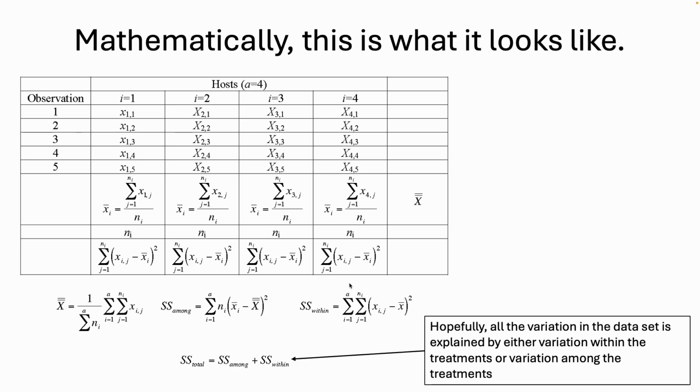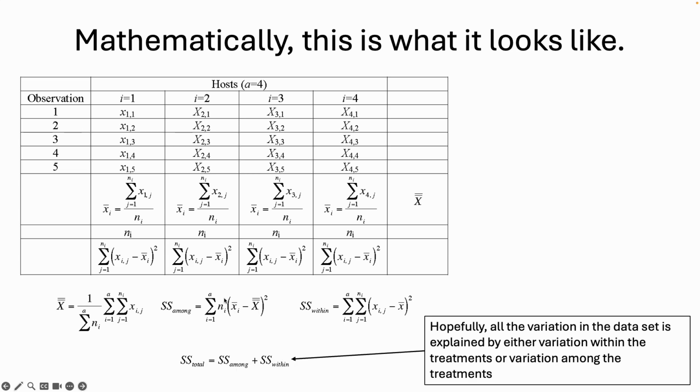Hopefully all the variation within the data set is explained by either variation within treatments or variation among treatments. So the sum squares total is due to the contribution of sum squares among treatments and sum squares within treatments. So you can calculate sum squares total this way, but you can also do a mathematical check on yourself because sum squares total is presumably the total amount of variation in the data set. There's another way of calculating this to check and see if your sum squares among and sum squares within is